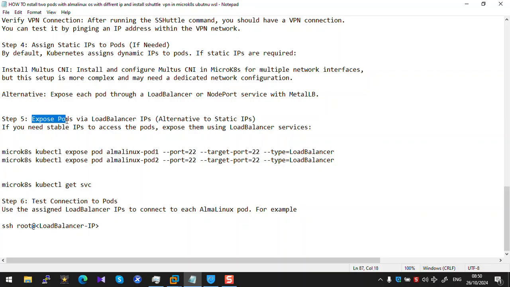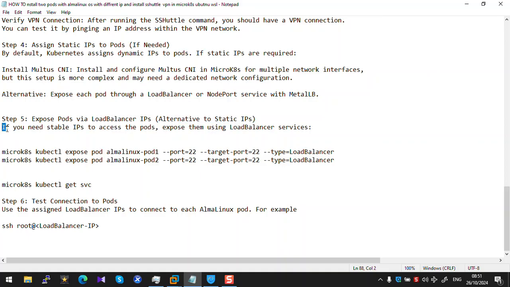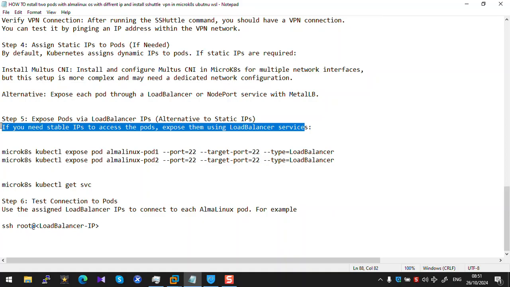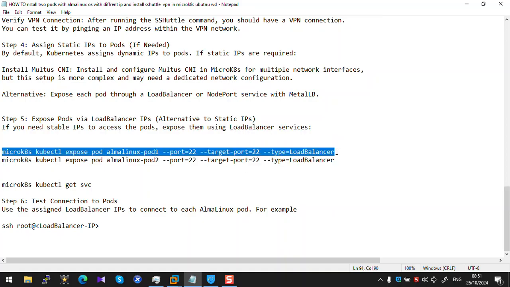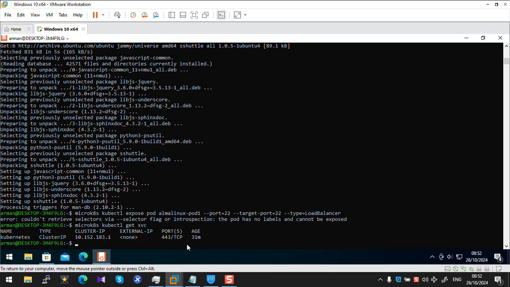Step 5, expose pods via load balancer IP. Alternative, two static IPs. If you need stable IPs to access the pod, expose them using load balancer service with these two commands. Use this command get svc, cluster IP this and type cluster IP, name Kubernetes,